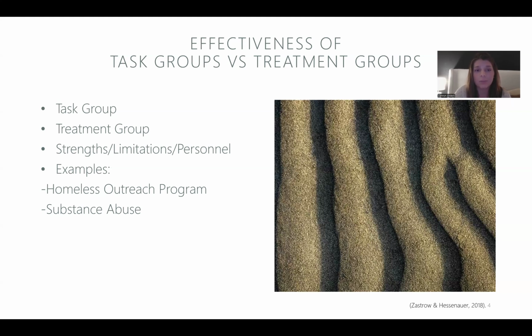Task groups are efficient ways to accomplish to-do lists and make larger projects or events run smoother by assigning them to a task group and breaking up a large task or a large event into different categories and smaller, more manageable tasks. The limitation of a task group may be that each member does not share the same role. Although they have the same end goal, their route of getting there might be different, and this might cause conflict within the group. So it's important for the group leader to know how to manage that conflict.